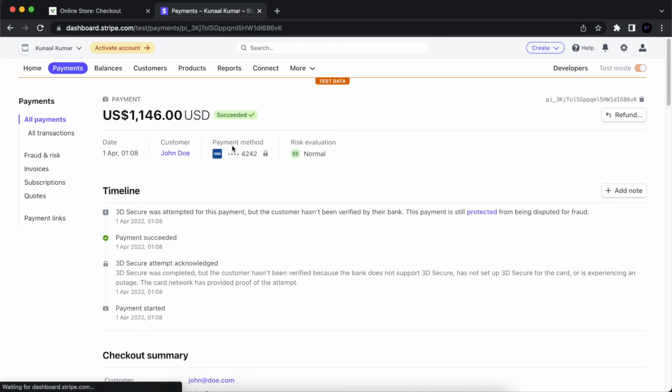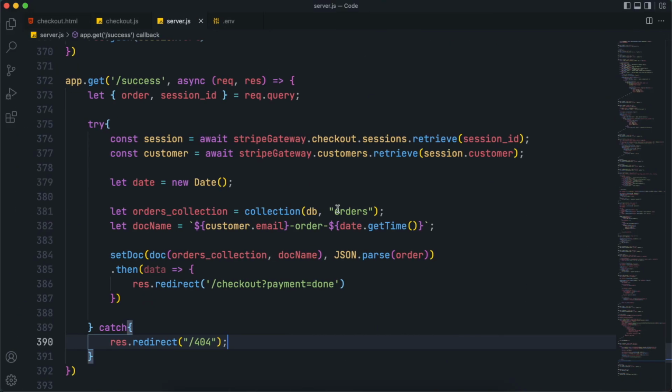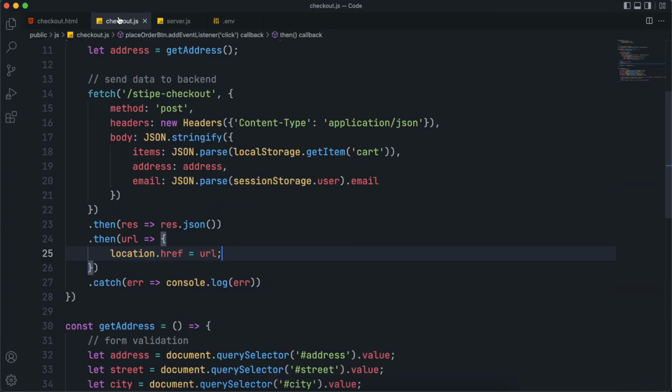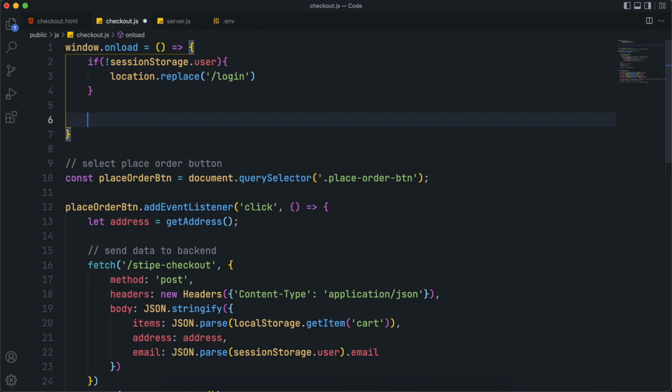We just want to show the alert in our front end. You can see the payment done here in the Stripe dashboard. So we just need to alert the user that payment is done. So inside this onload event, we need to add another if condition. So say if, and inside that condition write